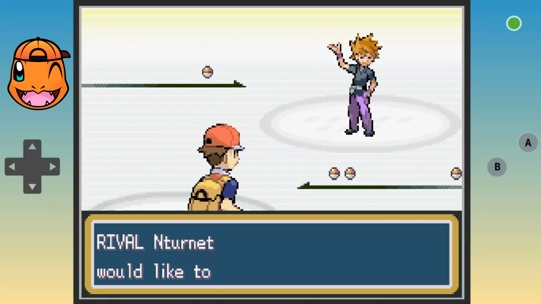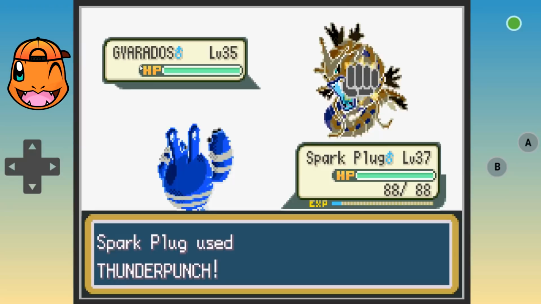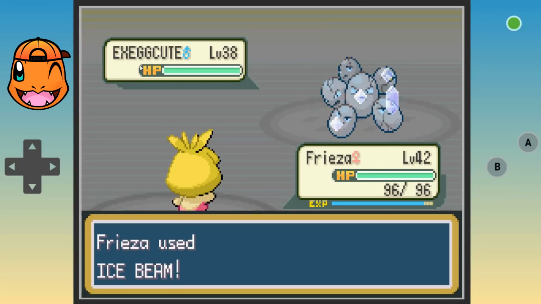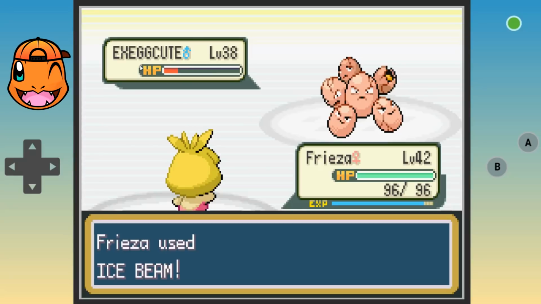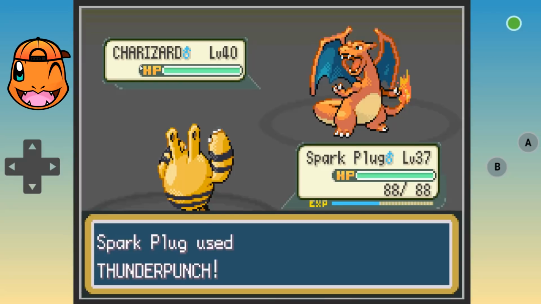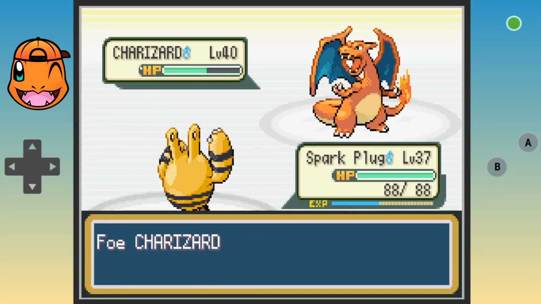With our new moves and our new badges, we take on the rival again here in the Silph Co. We start off by one-shotting the Pidgeot and the Gyarados. The Thunder Punch is 4 times effective. Just too good. Next up, Ice Beam is too strong for the Exeggutor as well. Then comes out the Charizard, and you know we're going to blast that with a Thunder Punch. It does a decent amount of damage, but luckily we do get the Paralysis, and that's going to save us,